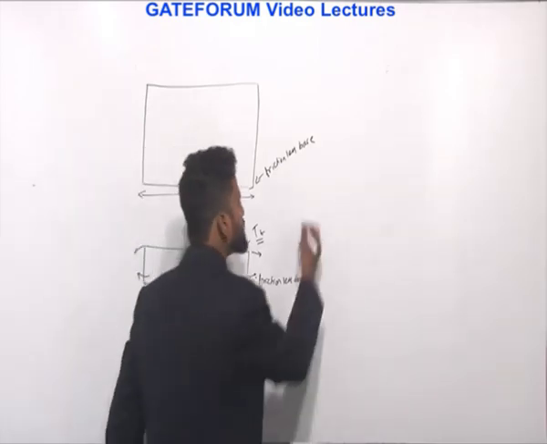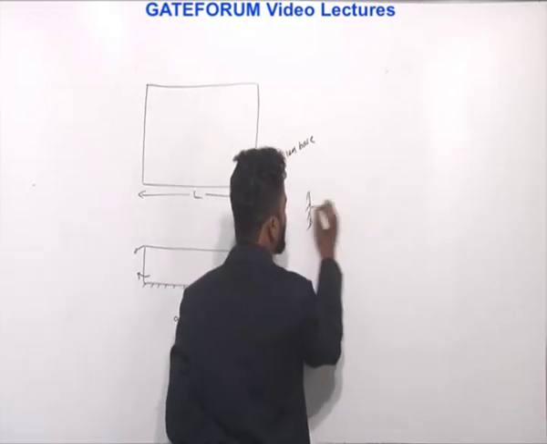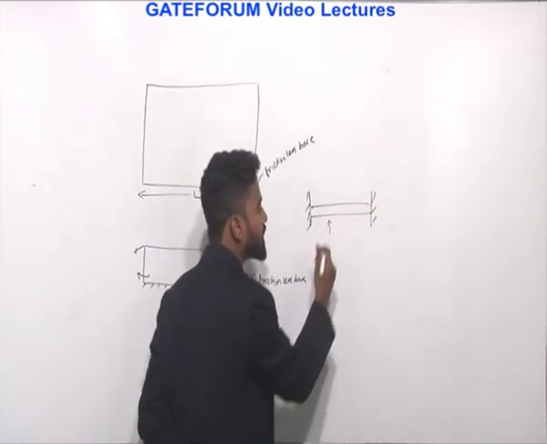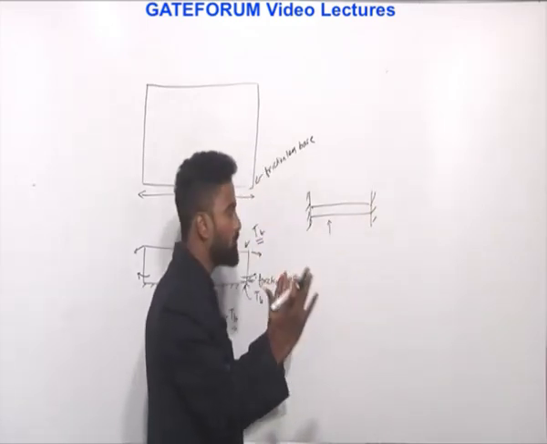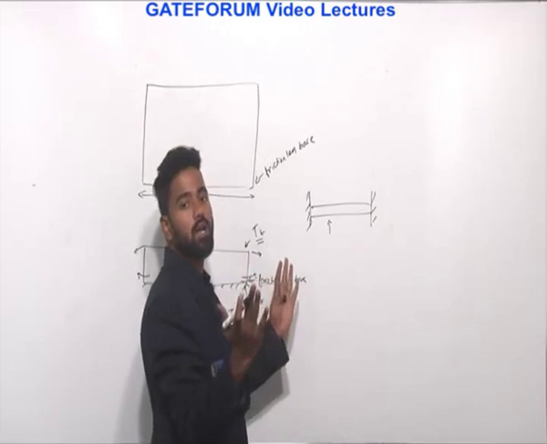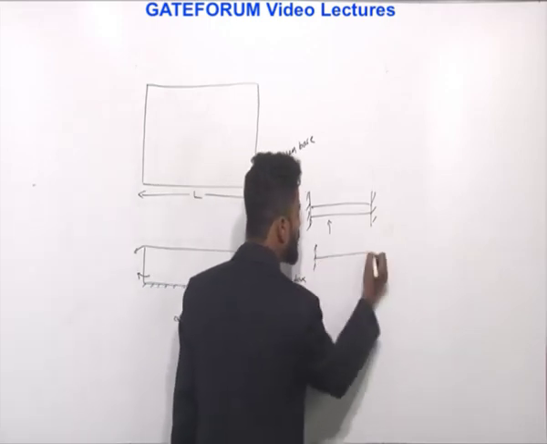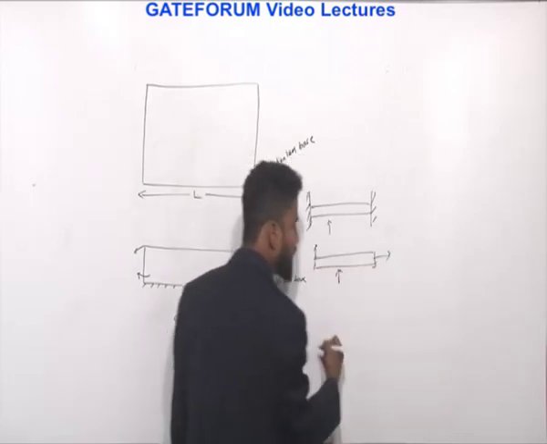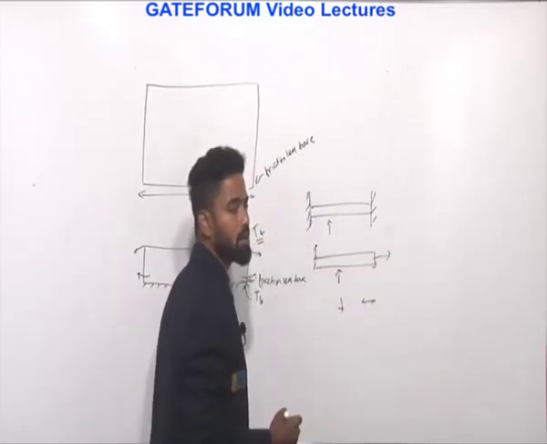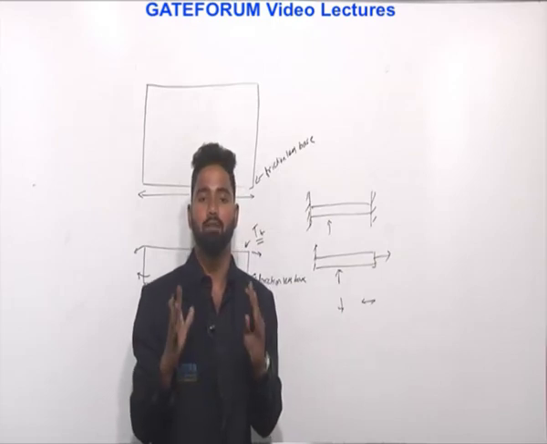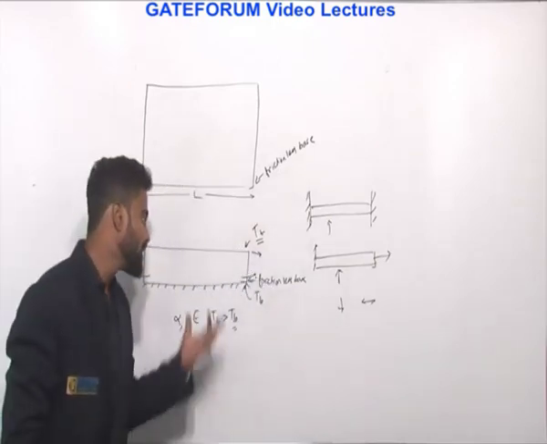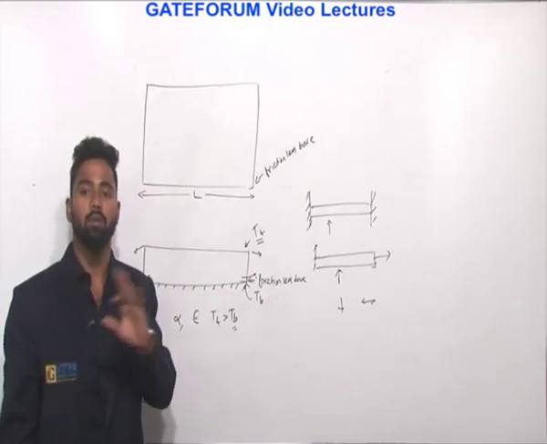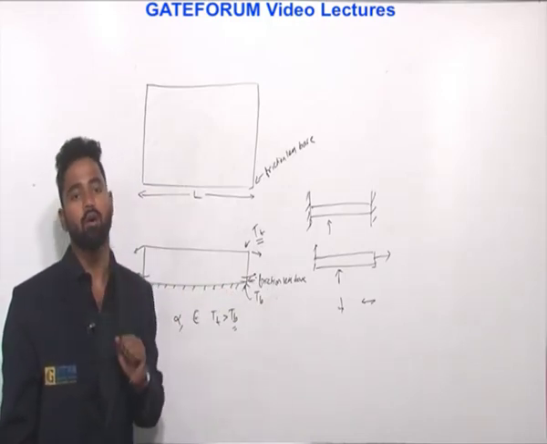This is like the same example, a rod. If the rod is fixed on both ends, if you increase or decrease the temperature, stresses will develop. Whereas if it is free to expand in one direction, if we increase the temperature, it expands. If you decrease the temperature, it contracts, but there will not be any stresses developed in the member. The same thing: since the base is frictionless, the stresses will not develop in the concrete